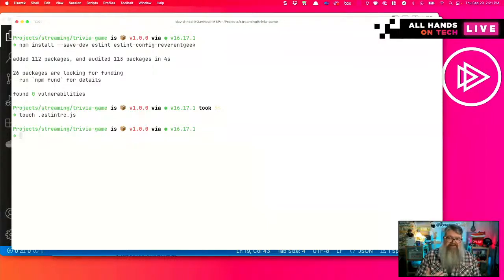Now, even though I've done this probably more than 100 times, I don't remember off the top of my head what goes in my .eslintrc.js file. It's something that I configure at the start of every project, and then I immediately forget about it